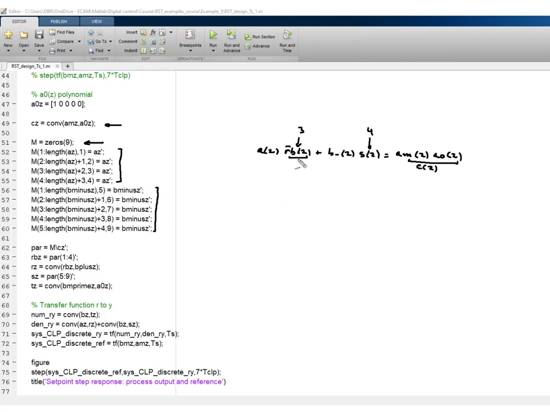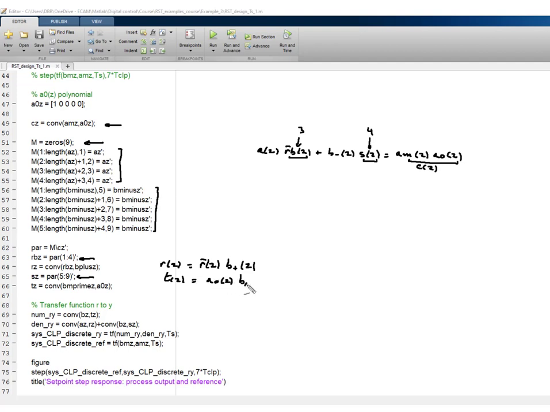The first 4 are for R bar, and the last 5 are for S, right? S is obtained directly from the Diophantine equation, and R is computed from R bar by multiplying by B⁺, and T as usual is simply A0